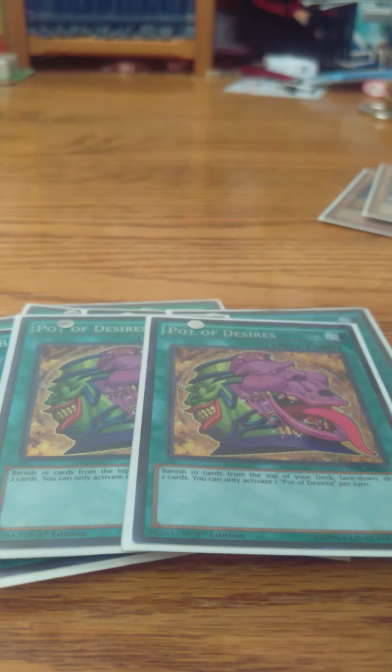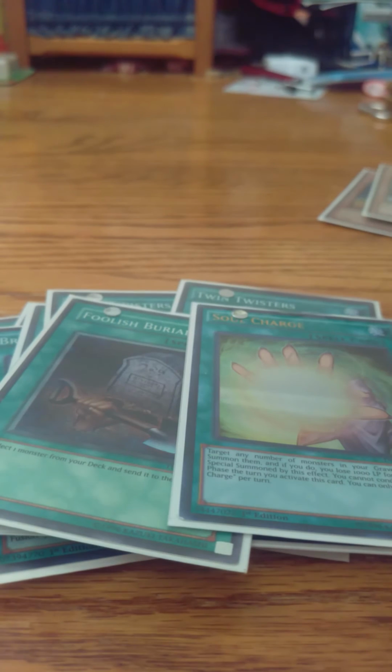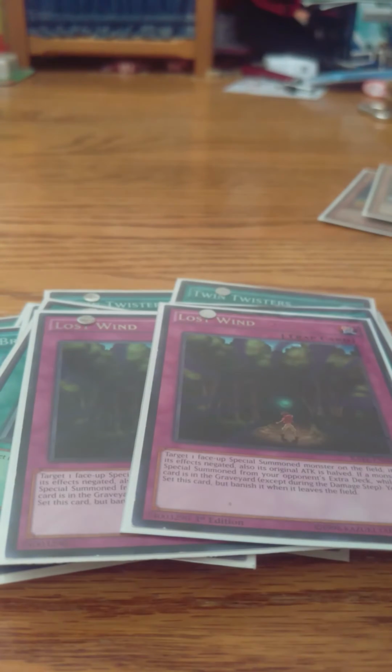It's amazing. From there, despite popular opinion, I'm playing 2 copies of Pot of Desires because this is a 40-card deck and I'm not playing Raslook Screener as such, and it's not pure Lightsworns. I'm not afraid of milling certain cards, and if I banish my Brilliant Fusions or my Garnet or my Lazuli, tough luck for me, but I also have some discard outlets, as well as playing Foolish Burial, 1 Soul Charge, and then probably the best trap card to play in a deck like this is